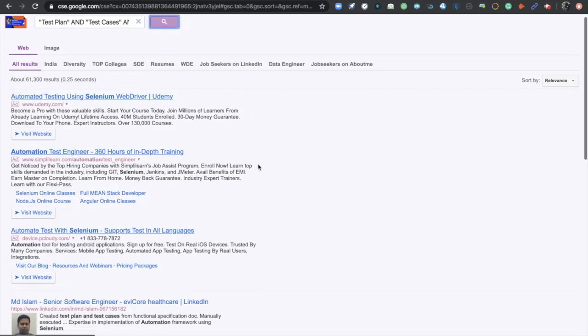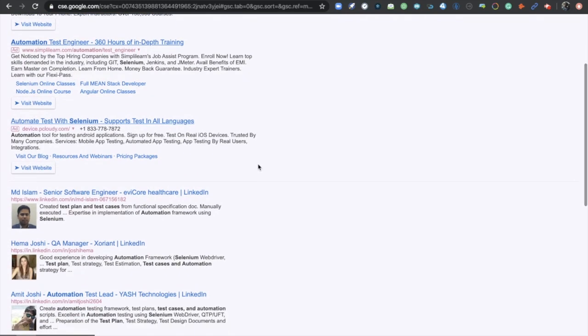Let's see a combination of skills and a job title. For example, software development engineer in test. It has a combination of software development engineer skill set and, at the same time, a testing skill set. So let's select test and test cases and automation and Selenium. So you would get all the results with all the skill set mentioned.